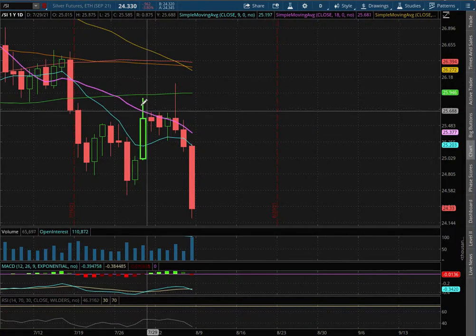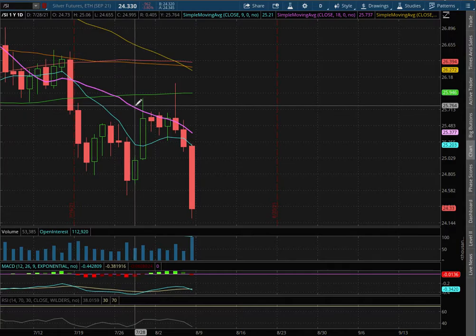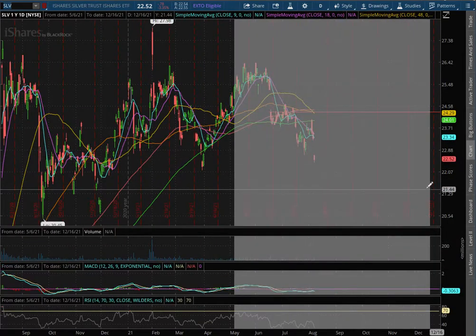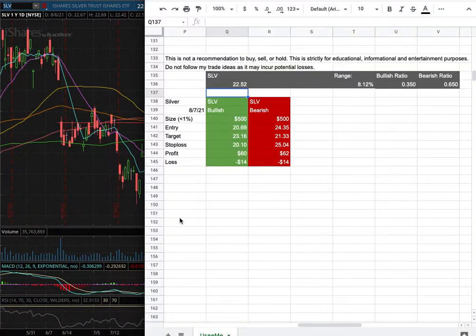We have yet to close above the 18-day moving average, this purple line, at a price of $25.38. As with the trade idea, I'll be trading SLV, and my position size for it is less than 1%